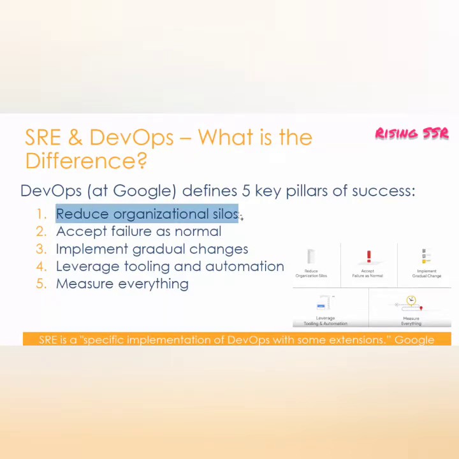Leveraging tooling and automation, right? It talks about using the same set of tools. There should not be some new set of tools or automation that we generally practice post production. Are we in a position to leverage the same tooling and automation in pre-production, before the production release as well, so that by the time we reach production, we have sufficient knowledge about the tooling and the automation that we have used, and nothing is new when it comes to production, right?